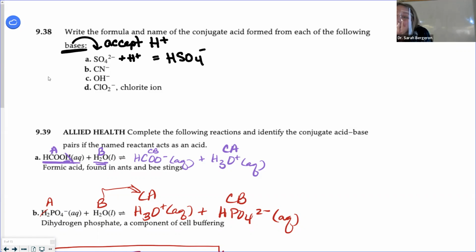Now, we're making a conjugate acid. Sometimes when you make a conjugate acid, when you're naming it, you don't necessarily name it something acid, especially if it's charged. If we're charged and we have more than one atom, where do I go to find a name? Polyatomic ion table. So go to your polyatomic ion table. What is HSO4 minus? Hydrogen sulfate. Or not bi.